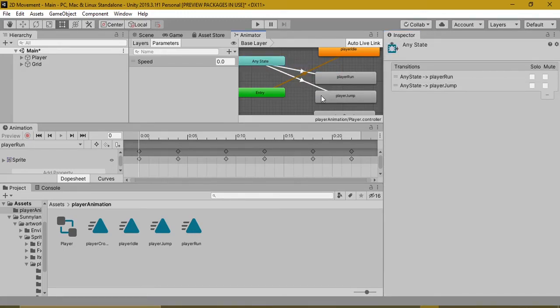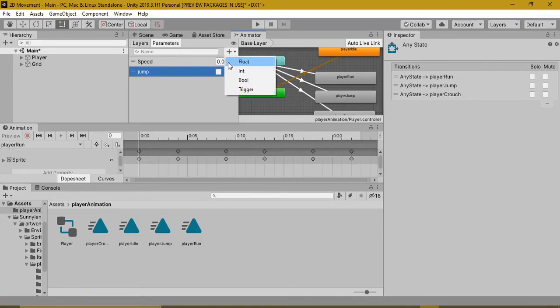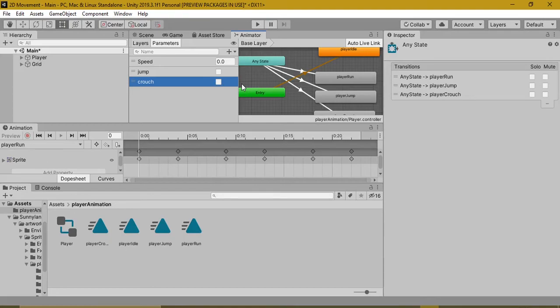We'll make another transition to jump and to crouch, and we'll make two bool parameters called jump and crouch.